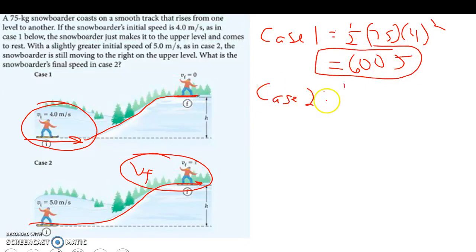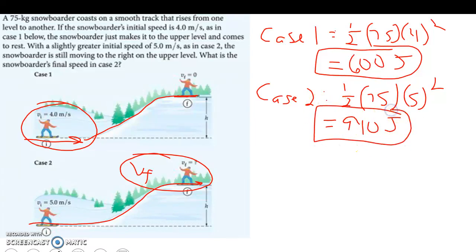Case 2, 1/2, 75, but now he's going 1 meter per second faster, to 5. That's going to turn out to be 940 joules. So he has 940 joules of energy here. Here he only had 600. To stop, he'd have to have 600. So when he gets to the top here, he's going to have 600 joules of potential energy, which leaves him with